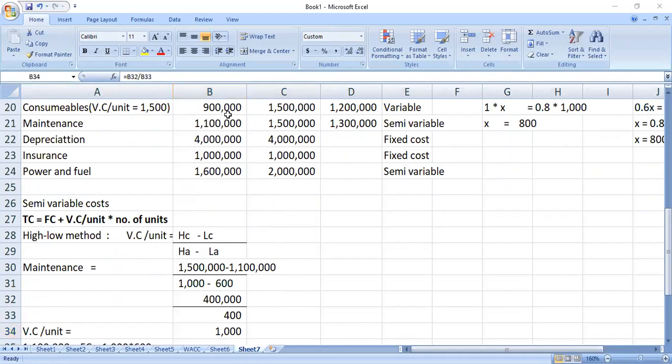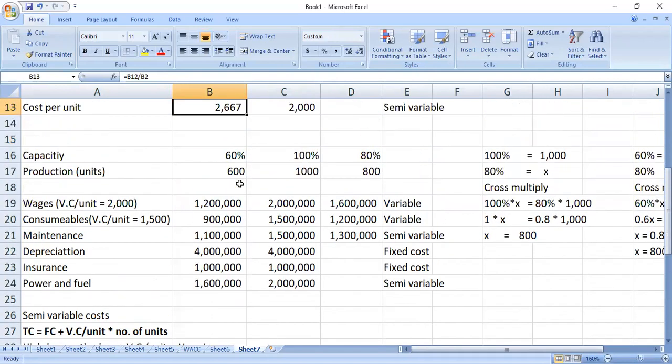Then is that what is normally done when you go across? Yes, as long as the question is the same as this one. As long as the question is similar to this one, where you have two sets of budget figures at different levels, that's how we go about it, always. Okay, I met another question. The other question doesn't have this and this. It only has one set. Now, when you have only one set, they always give you information regarding